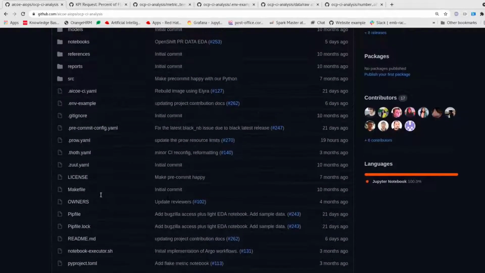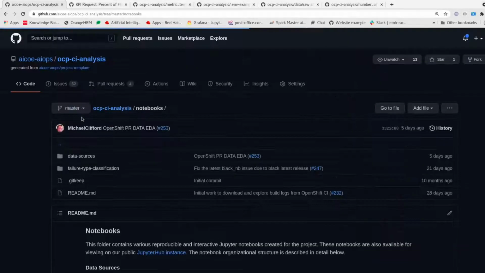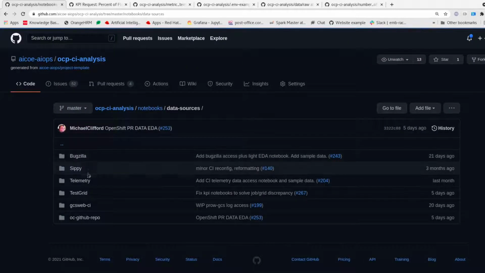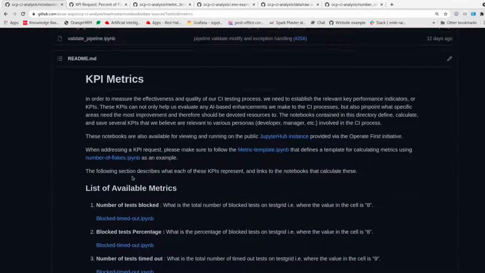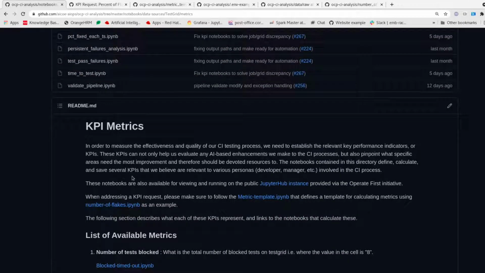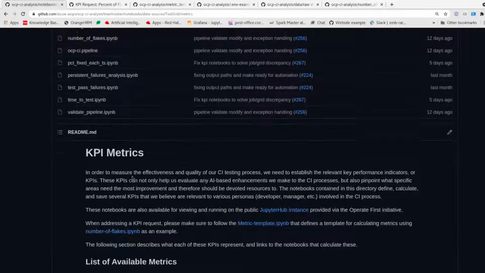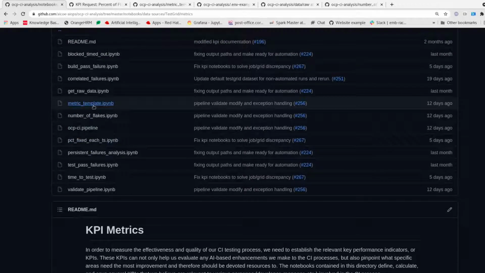So let's go to the notebook and data sources, test grid, metrics. You can read about the existing KPI metrics here, and we have written a few of them already. For now, I will go to the metric template notebook, which has all the sets of conventions that we need in order to write these KPI notebooks. Before I do that, I'd like to take you to an issue